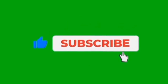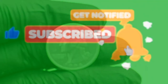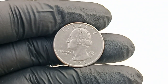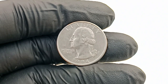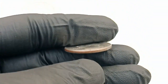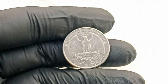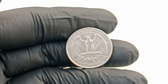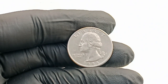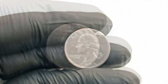Today, we are diving into the fascinating, rare world of numismatics, focusing on one of the most intriguing and valuable coins out there, the 1994 quarter dollar coin, an extraordinary piece that has captivated collectors and investors alike due to its remarkable value, which astonishingly reached up to $94 million in some circles. A figure that many might find hard to believe at first glance but becomes plausible once we delve into the intricate details behind its errors, mistakes, and the unique circumstances that have elevated this seemingly common coin into a priceless